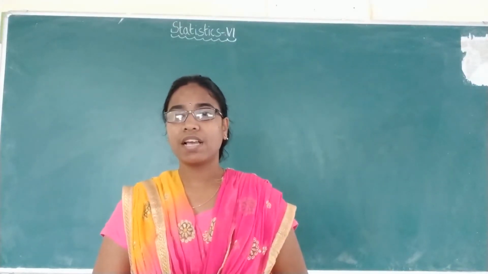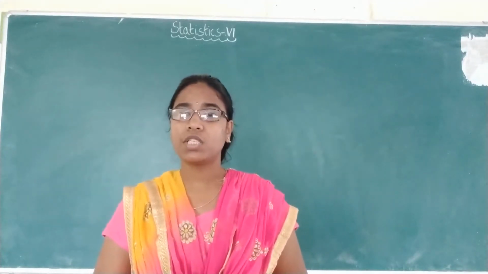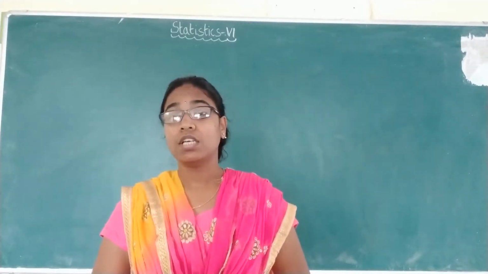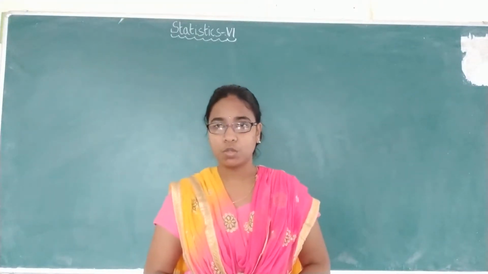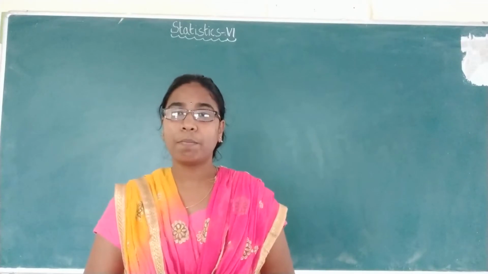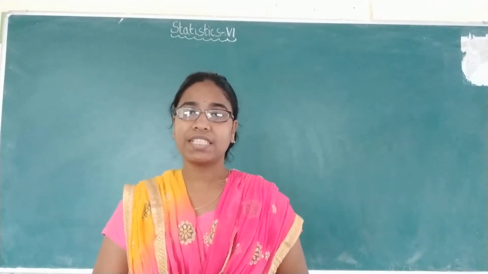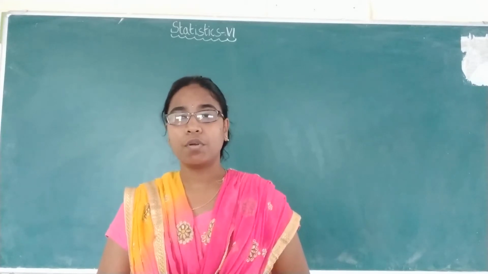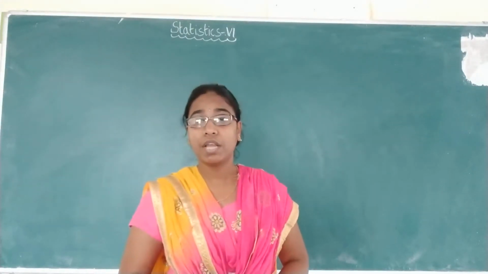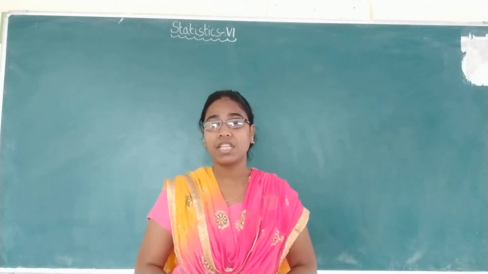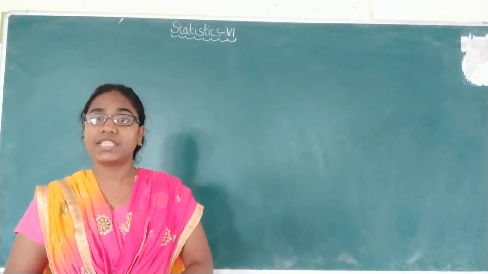So in the last class we started unit 2, in which the first topic was the C chart. We have seen the construction of the C chart along with a problem also. Always remember, whenever you have the number of defects, that indicates the C chart, whereas the number of defectives indicates the P chart. For the number of defects, we have seen the construction procedure and the control limits for the C chart.